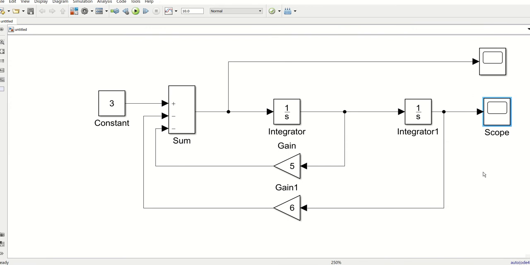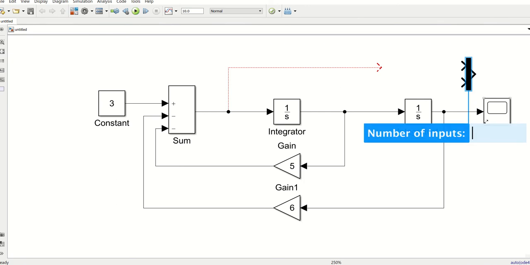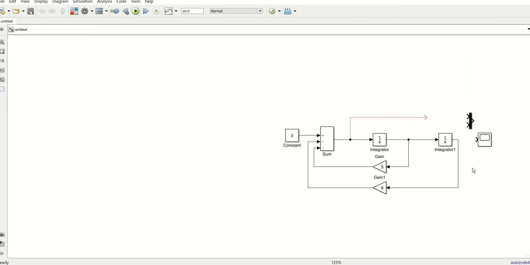Instead of doing separate scoping, you can put one mux here, a multiplexer. So this mux will be going to the output.